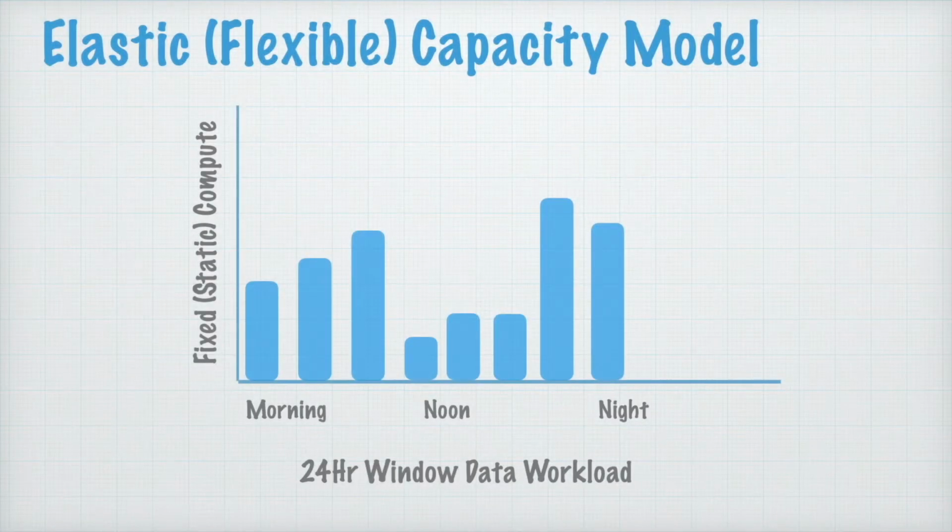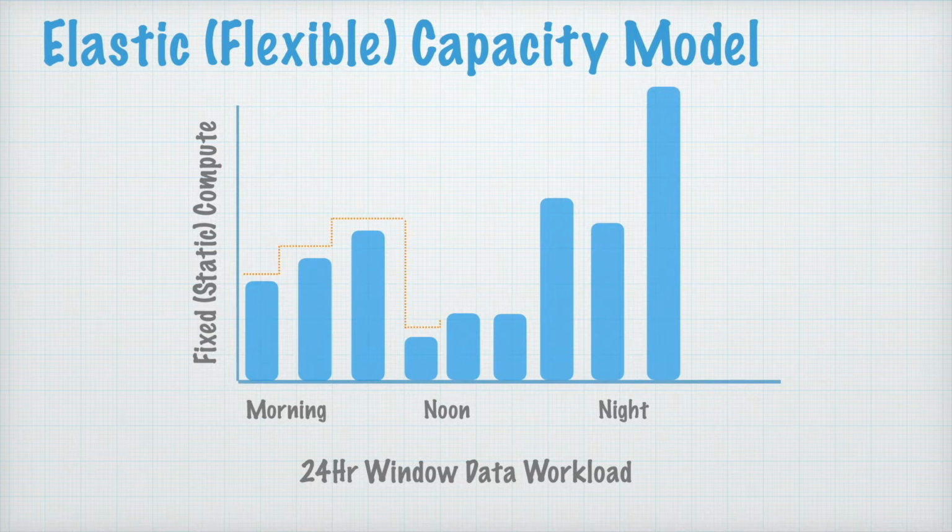So what does the flexible capacity model look like? We have seen that in the morning my workload is moderate, at noon it is low, and as I progress towards night, it is even more. So what if I get a technology or mechanism where the data platform automatically scales up and down as per the requirement, and I don't need to spend any administrative effort to provision such auto scaling? Snowflake allows you to allocate a warehouse as per your demand, and you pay only for what you are using. It saves hundreds and thousands of dollars on your compute.